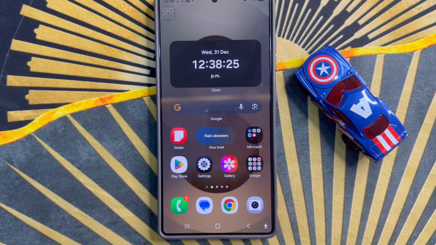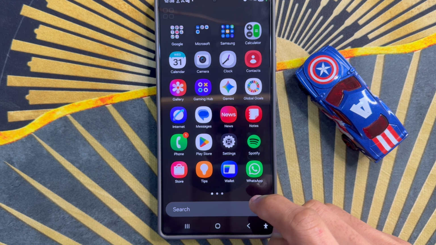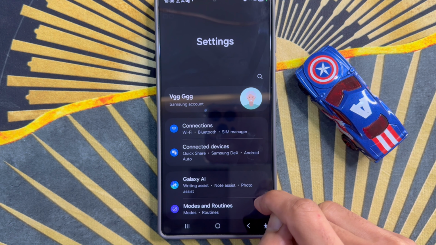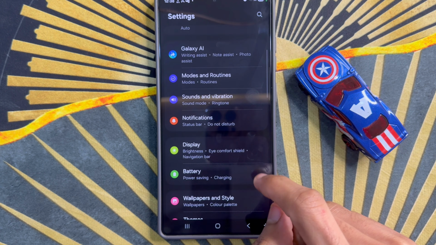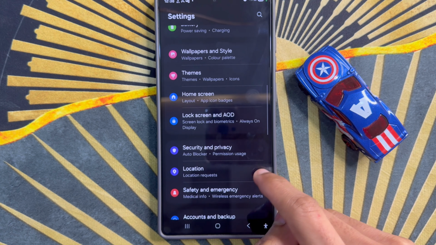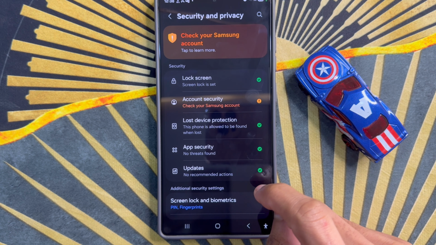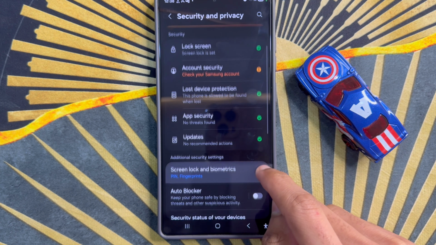First of all, go to App Library. So here, click on Settings app. Now in Settings, scroll down and click on Security and Privacy. So after clicking on Security and Privacy, scroll down,